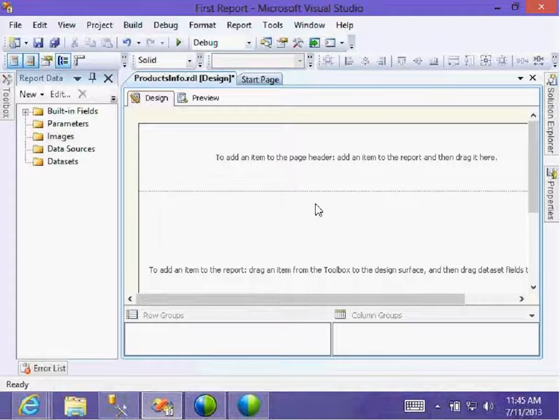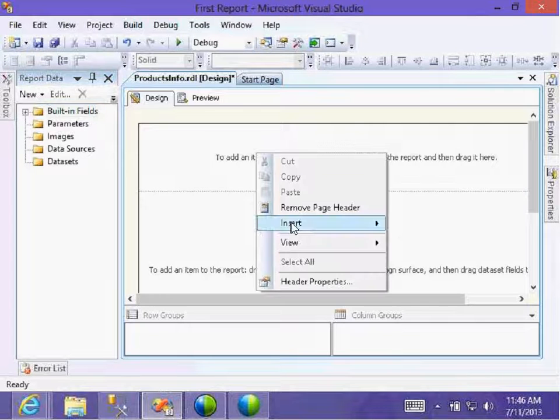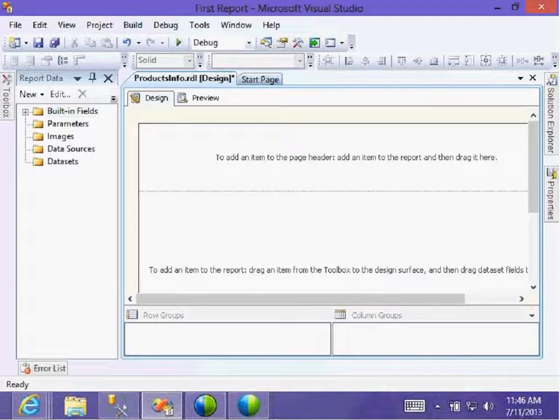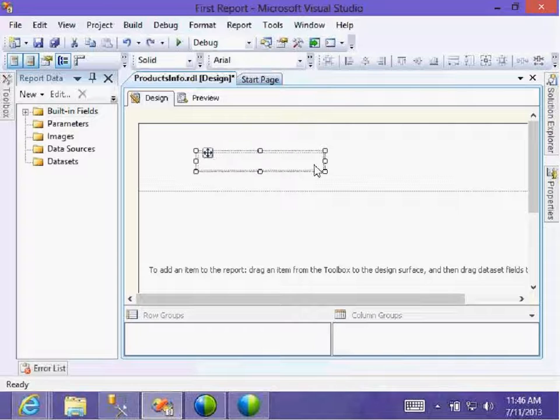Date. Okay, report. Whenever you are reviewing the bank statement, automatically the date of printing the report should show; that date is not added manually. Then from the fields here, I can insert text. Okay, one text box.